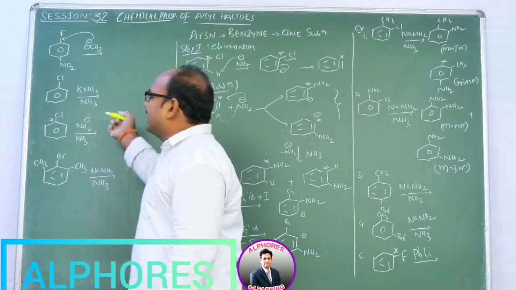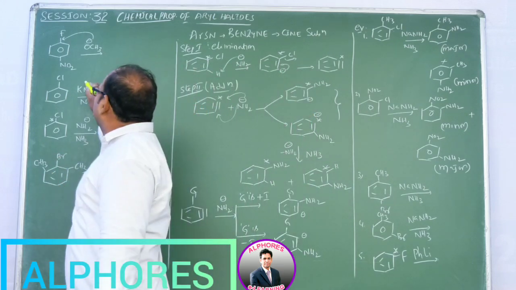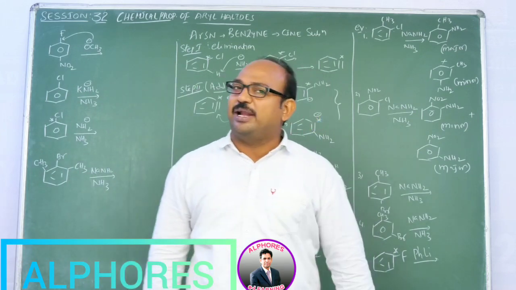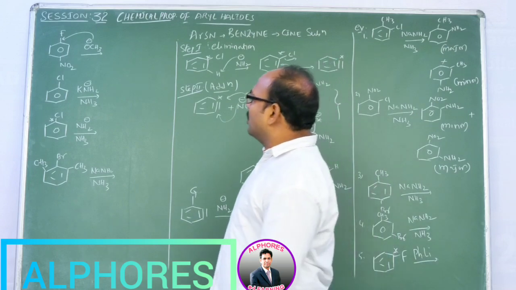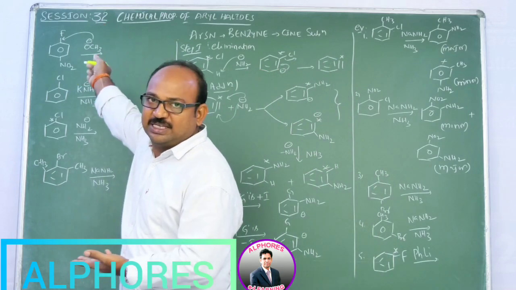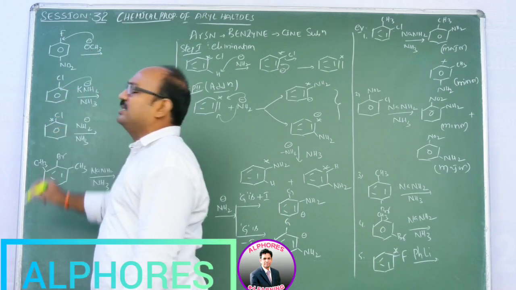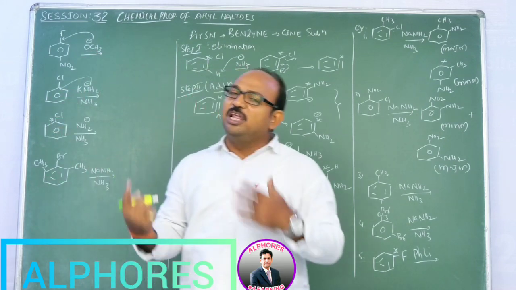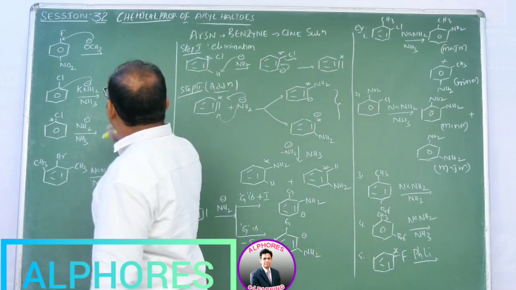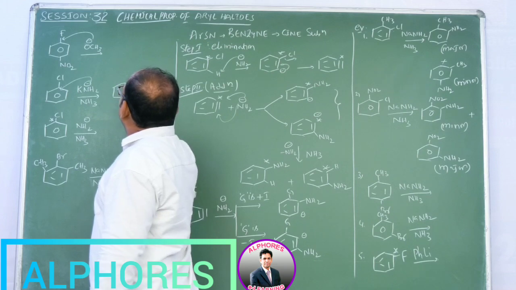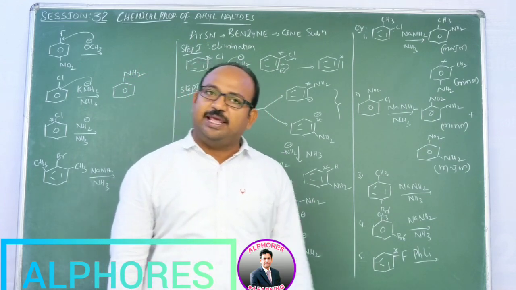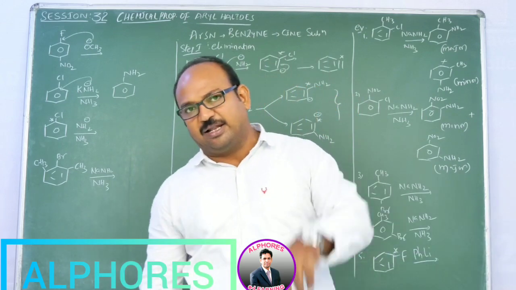Now in this case what we are expecting, NH2 minus attacks. Now my question is, upon which carbon does NH2 minus have to come and attack? Obviously what we are thinking, it's quite natural, what we learned in the previous session, that this NH2 minus has to come and attack the leaving group containing carbon only. Okay, I accept what you said. That means you are getting the product aniline or aminobenzene. So you are saying that NH2 minus has to come and attack directly the leaving group containing carbon.